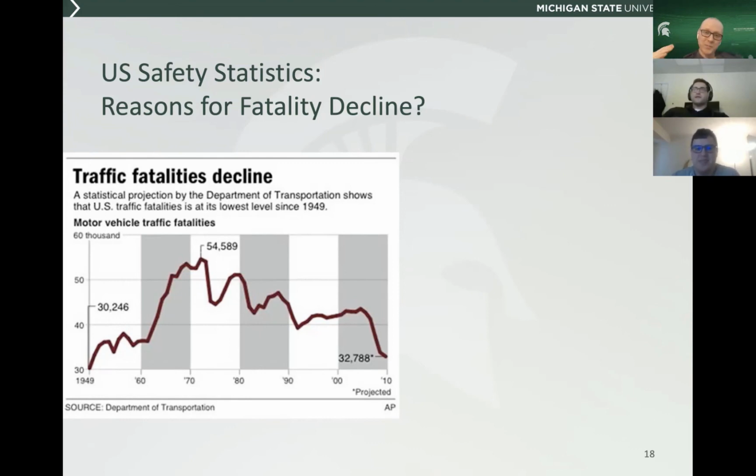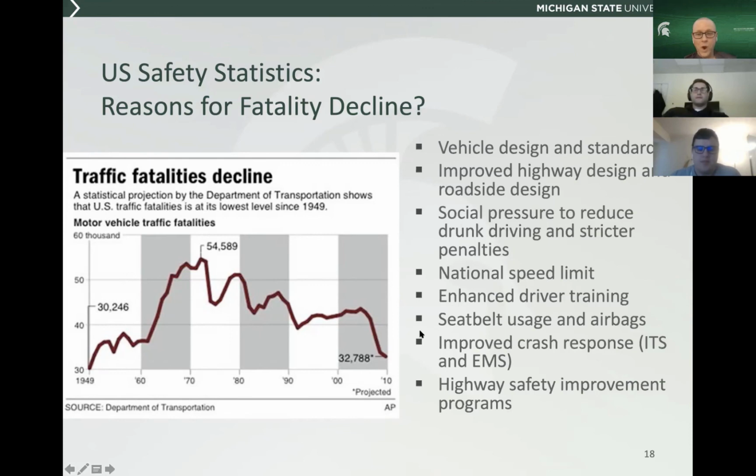But what you would expect to see is that as belt use is going up, fatalities are then going down as a consequence of that. Outside of that, there have been a wide range of other improvements. Things like anti-lock brakes were finally mandated by NHTSA in the late 1990s as one example. There are all sorts of safety features that have been introduced over time, including front airbags, side curtain airbags, etc.